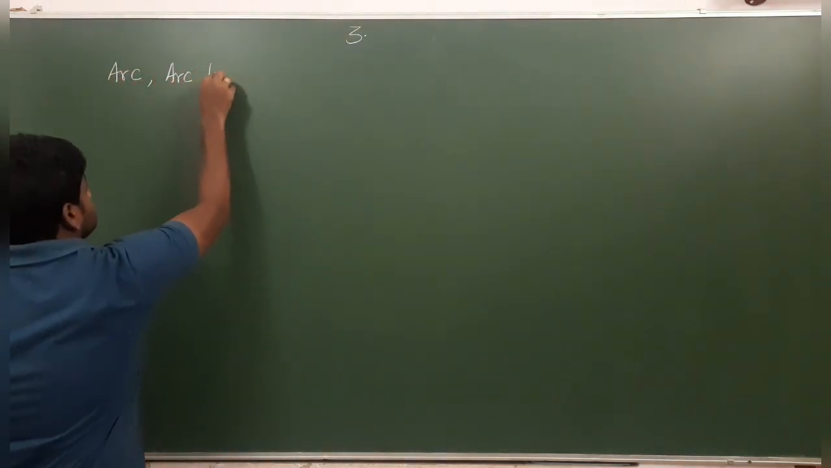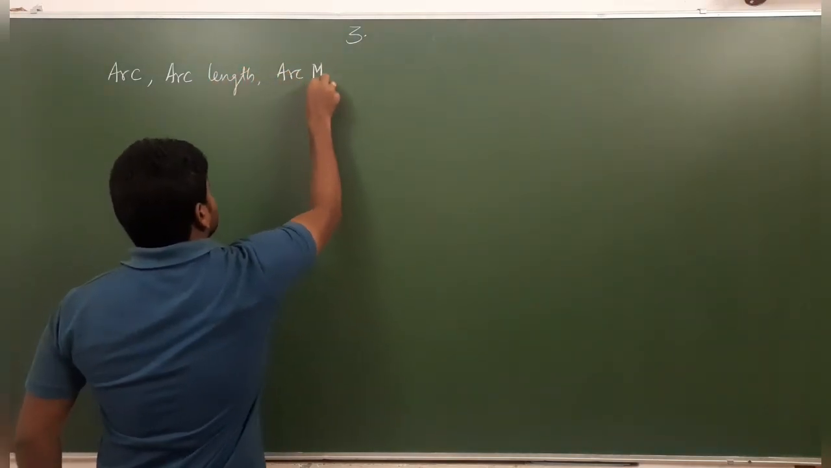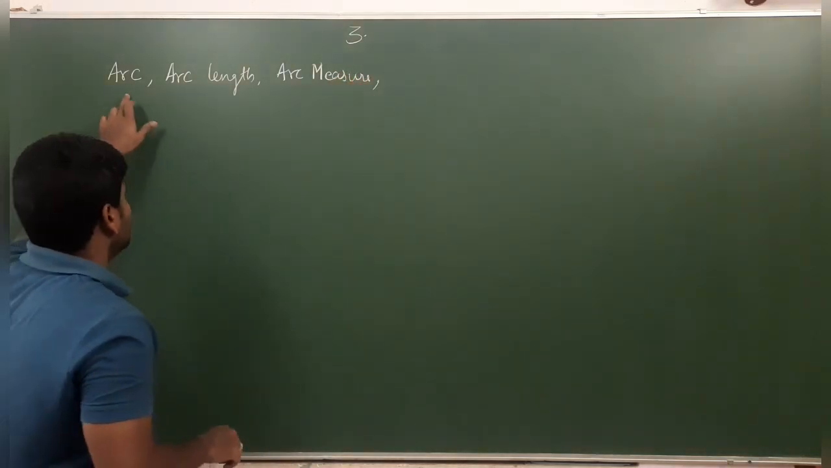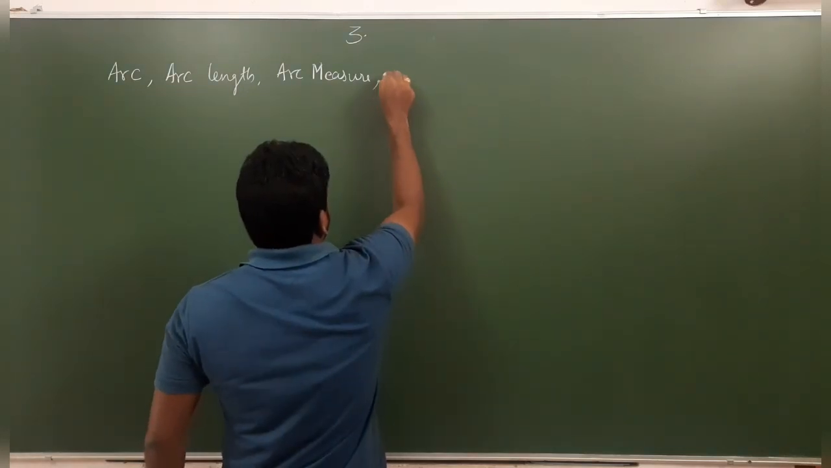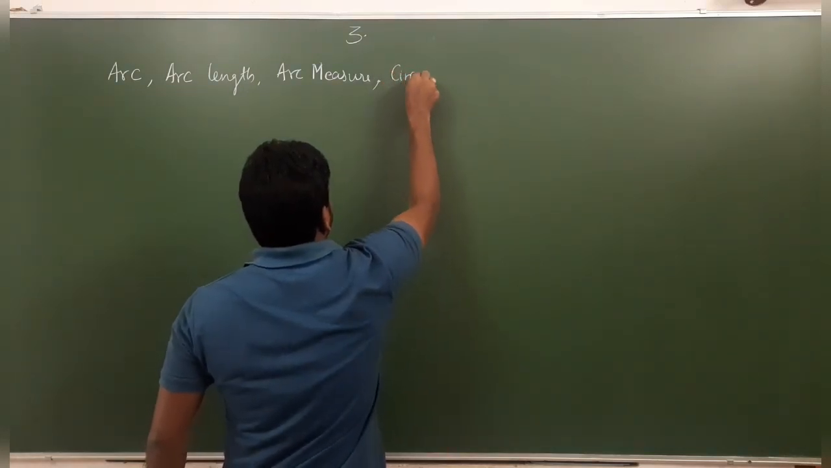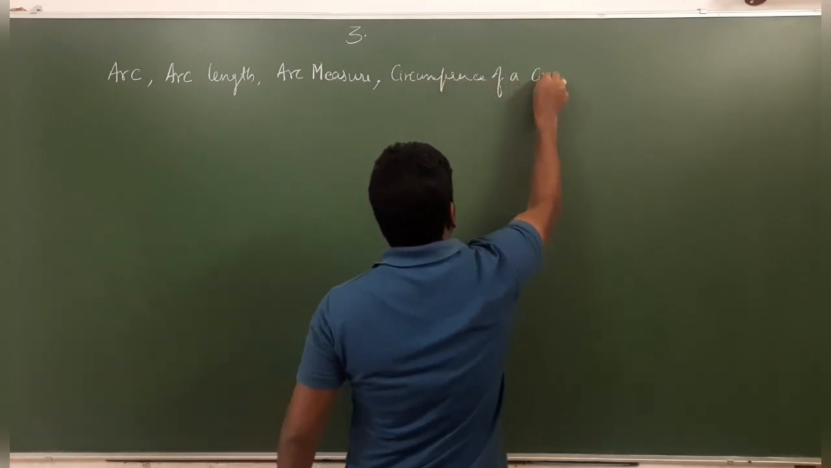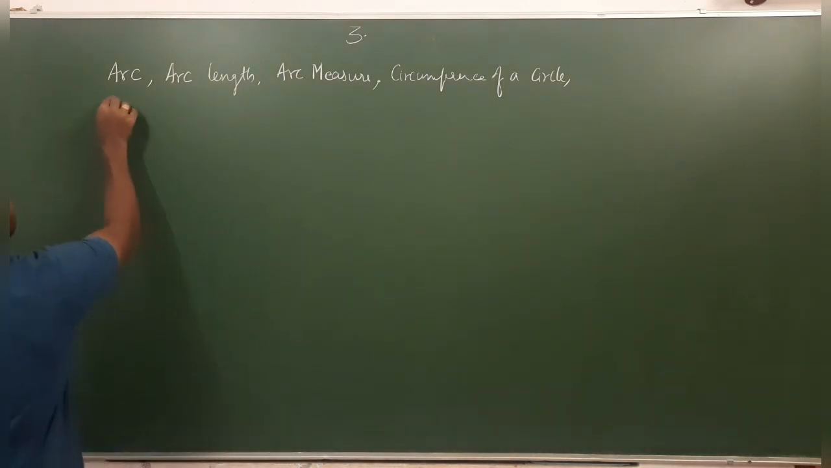Arc length, arc measure, right? What do you mean by an arc? Arc length, arc measure, and circumference of a circle. So based on this circumference of a circle, we are going to learn a relationship